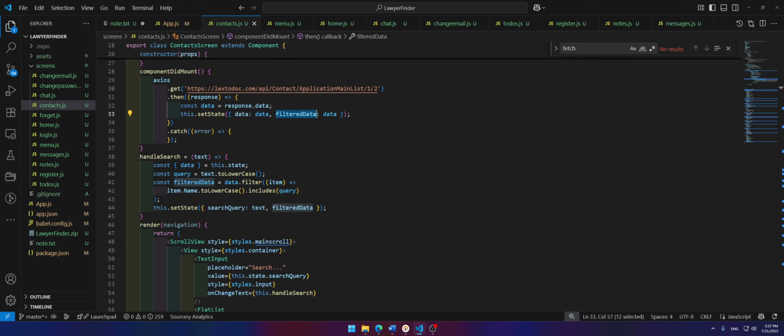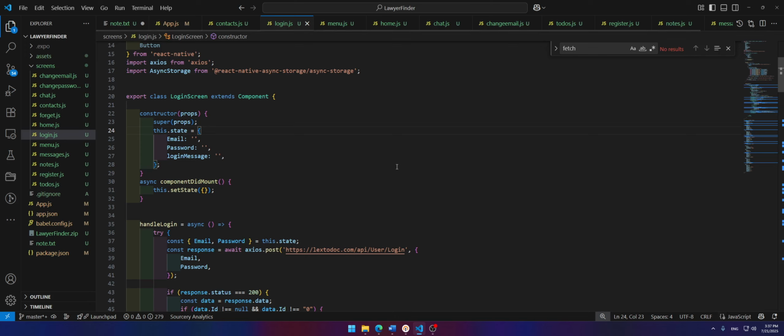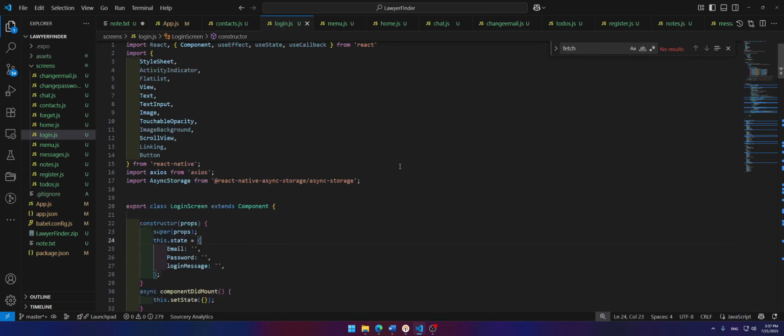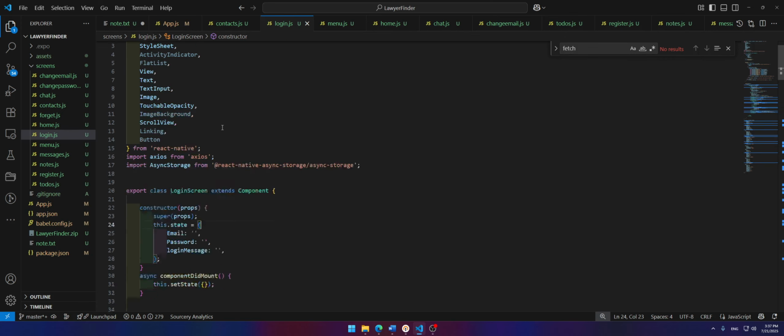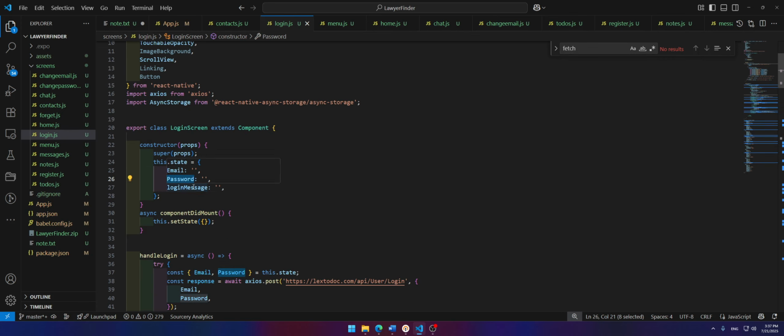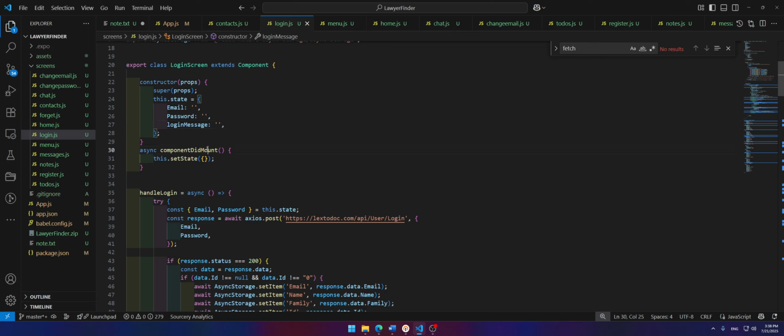And for the next one, number 9, I'm going to write a simple login form with validation. So I have a login form here. It's email, password, and message. I have a constructor here. All of them are empty. And when the component did mount, I use this that set states,